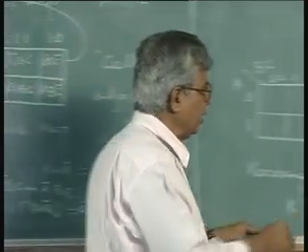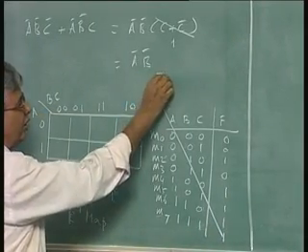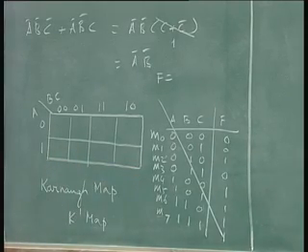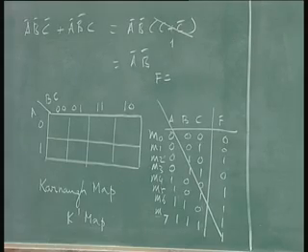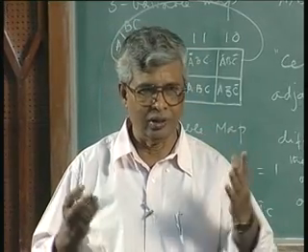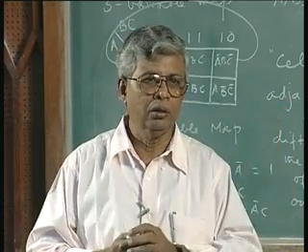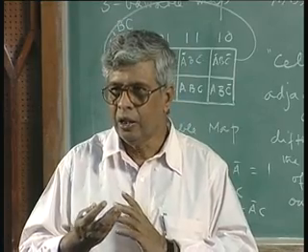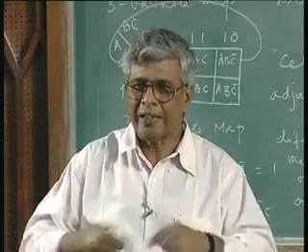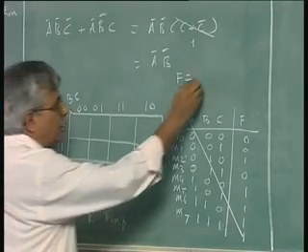So, instead of saying all this in such a big way, can I not simply say this function f has output 1 for m2, m4, m5, m6, m7, because you know what is m0 for 3 variables, it has to be a bar, b bar, c bar or p bar, q bar, r bar or whatever, x bar, y bar, z bar, x, y, z, p, q, r, alpha, beta, gamma, a, b, c, does not matter. But as long as there are 3 variables, only these 8 combinations are possible. So, what is the point in writing everything in a big table and say this is 1, this is 1, this is 1, instead I am saying this f is equal to minterm m2,